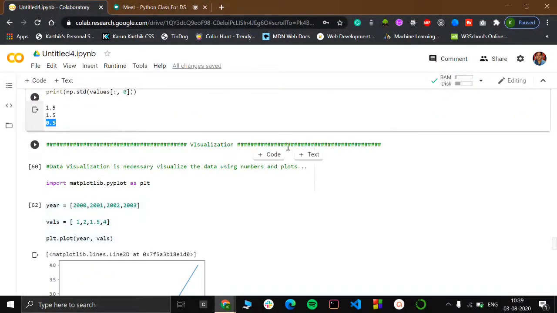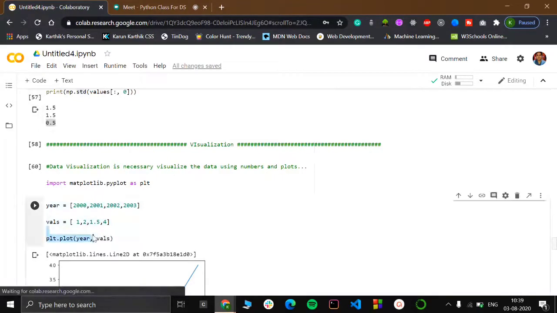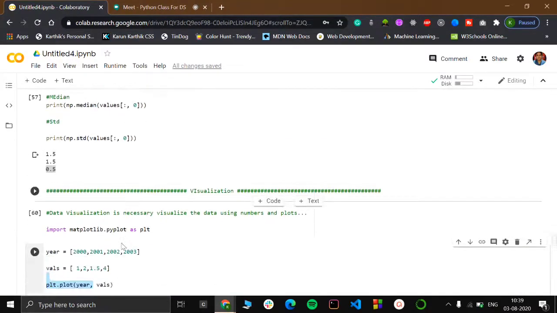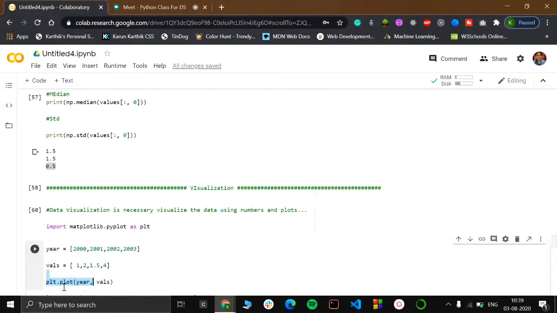And the next is visualization. A basic visualization is indeed needed. Let's think this part is not here. We are given this list of values here, and we are given this thing.